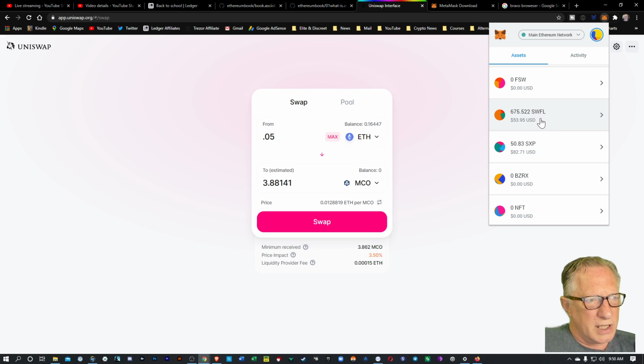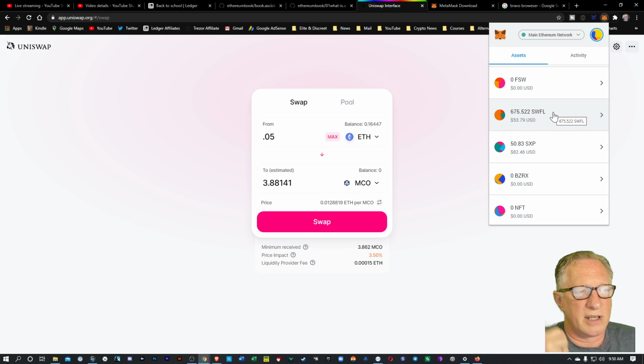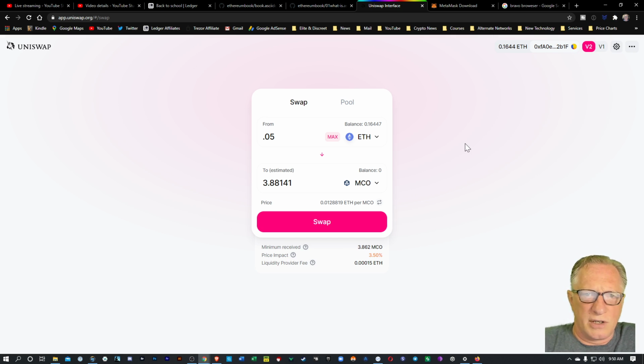So do your research. Make sure you know what you're doing. Make sure you're willing to spend the Ethereum that it takes to process the transaction, and make sure you're willing to spend whatever it takes to get your hands on a particular token that is up and coming. You never know. This Swapfolio might take off. It may just go down in the dustbin of history. We don't know, right? Until we take that chance. But always make sure that you've done your research,